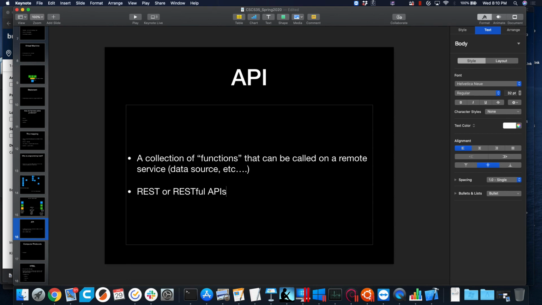Just invented yesterday, probably. What are RESTful APIs? Well, I mean, I just told you, Google Maps, RESTful API. Facebook, RESTful API. Pick your favorite, Yelp, RESTful API. They're all RESTful APIs, promise. Every one of them. They're the same thing.